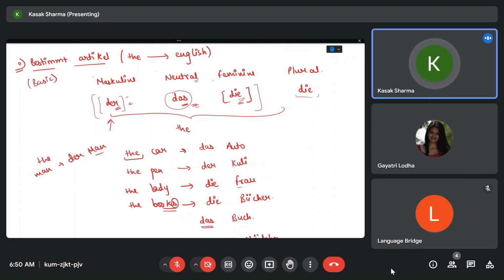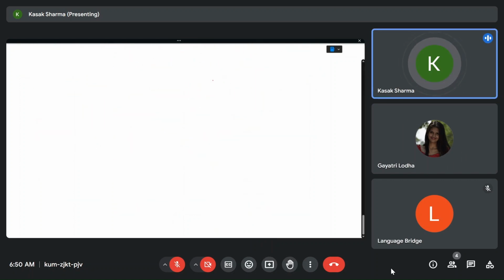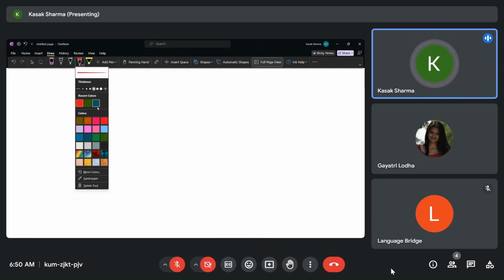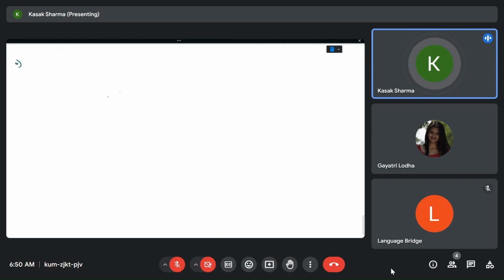Now coming to the next type of article, we have three types of articles in German. The next type of article is called unbestimmt Artikel.